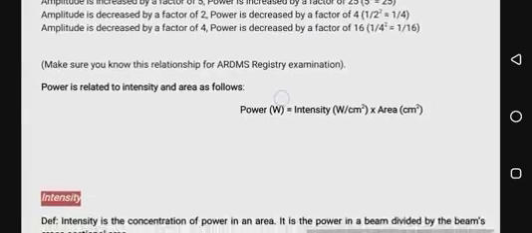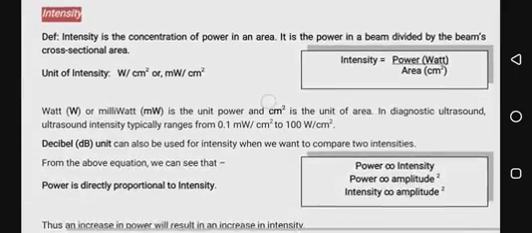So power is related to intensity and area as follows. Power is equal to intensity times area. Intensity is measured in watts per centimeter squared. Area is measured in centimeter squared. Intensity